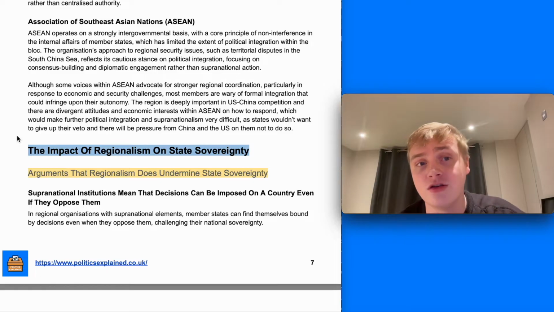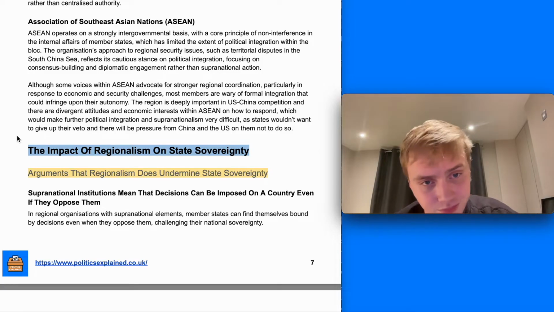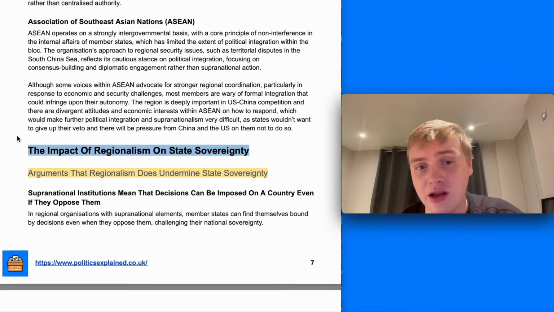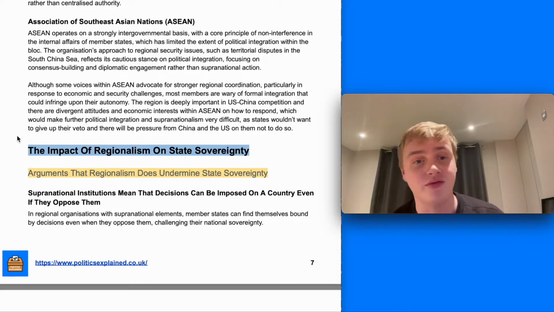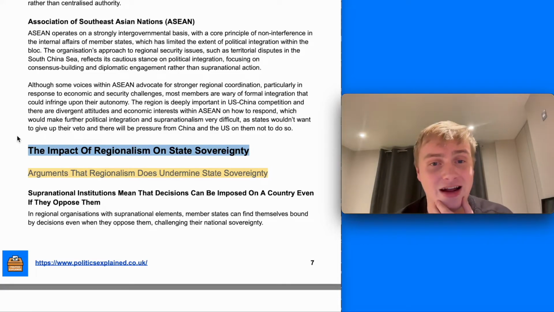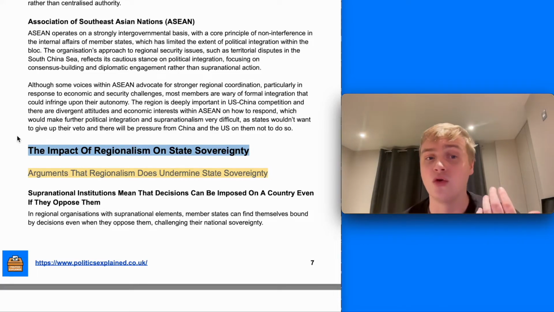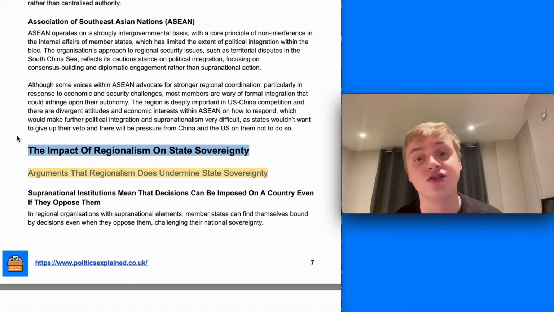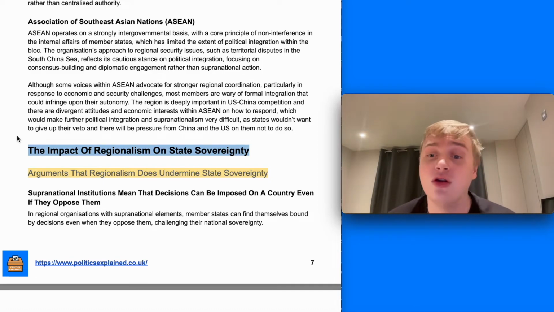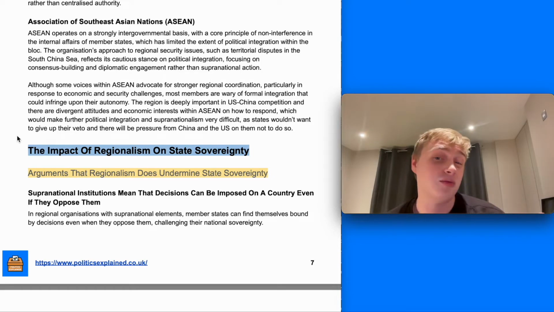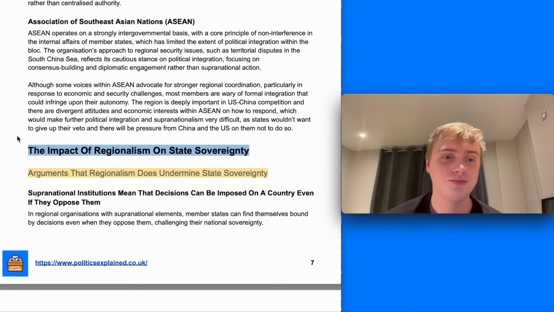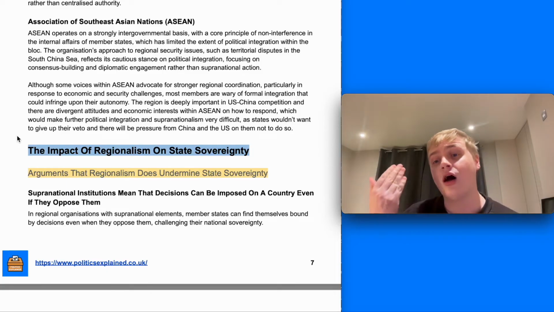It's always operated on a very strong intergovernmental basis with a core principle of not interfering in the internal affairs of member states, and that's really limited the extent of political integration. I think it seems very unlikely that ASEAN will pursue further political integration and supranationalism, as states won't want to give up their veto in relation to key issues, including, for example, US-China competition, with Southeast Asia being a really important region in that regard. So overall, I think it looks unlikely you're going to have